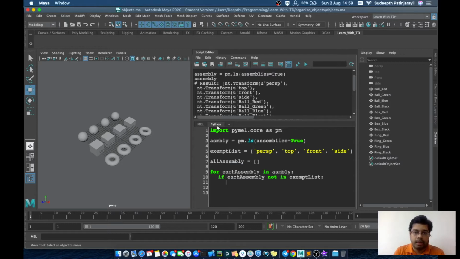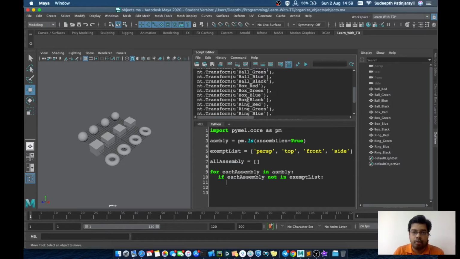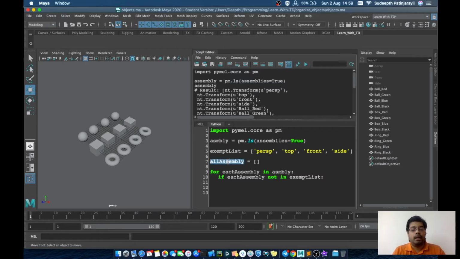We'll take the first item and check that it is not present in this list. If it is not present in the list, it will go down, and we will append those items to this empty array.